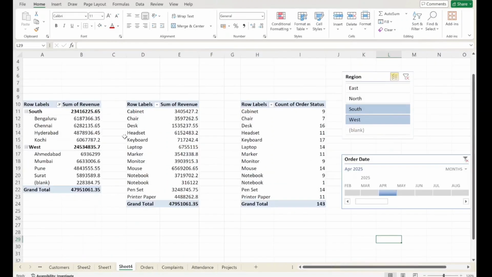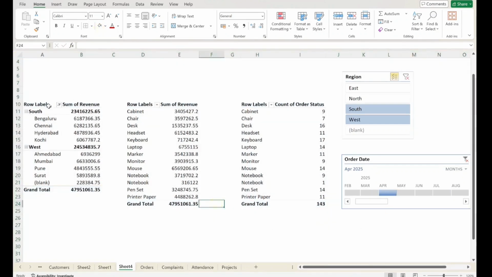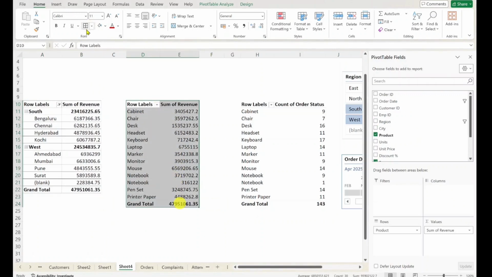Now let's try to beautify this report because it will go to everyone. You will be showcasing this in front of a lot of people. So it's very important that when you open the report, it is easy to understand and there is not much of a distraction and it does not look all over the place. So first, we are going to remove all the borders. This is what I prefer doing because then it looks like a clean slate. Now let us put the borders back for our reports,